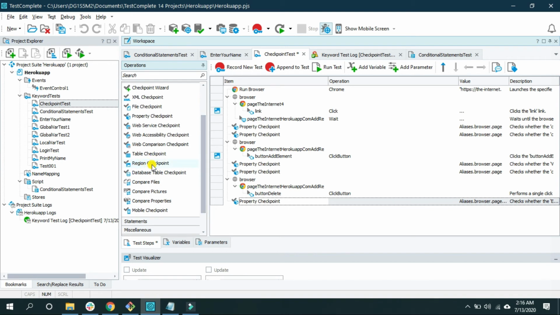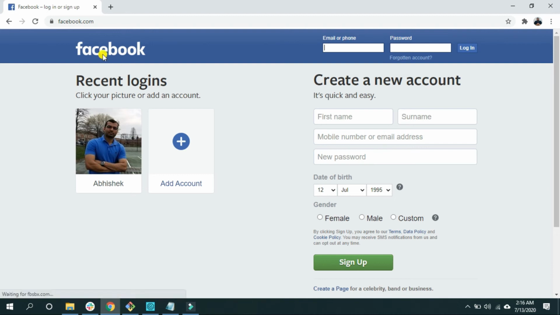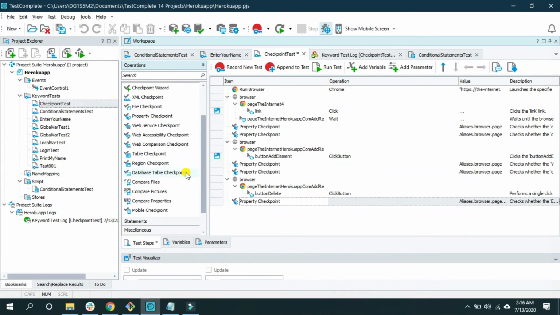Another popular checkpoint is this region checkpoint, which compares the image on a screen. Let me use this region checkpoint. For that, let me navigate to Facebook, and I want to check that this Facebook image is there on the landing page of Facebook. So for that I'm going to use this region checkpoint.